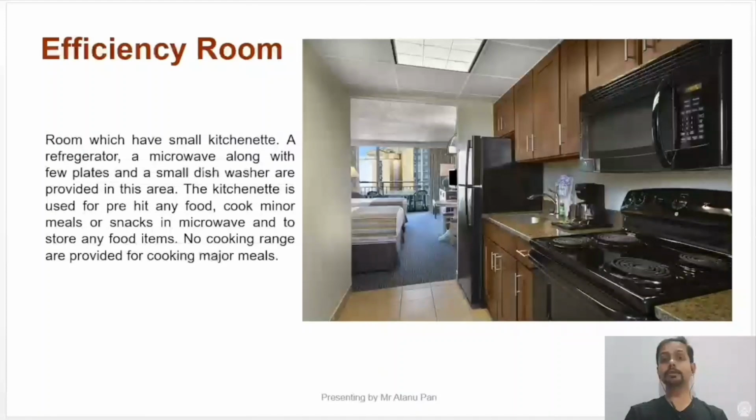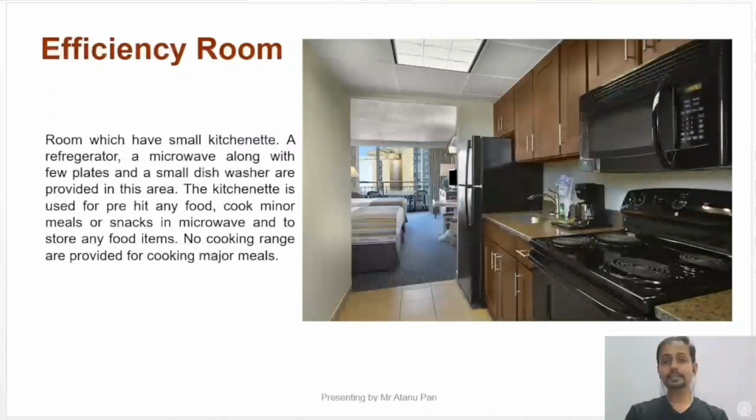Next we have the efficiency room. Efficiency rooms are those rooms which have kitchen facilities. Always remember, hotels do not provide a full kitchen inside a guest room. What they provide is very, very basic. For example, a microwave, a few microwave-proof plates and some bowls which the guest can use for cooking